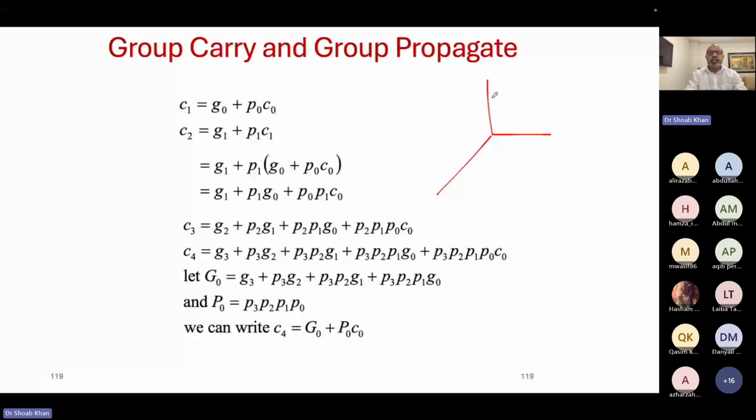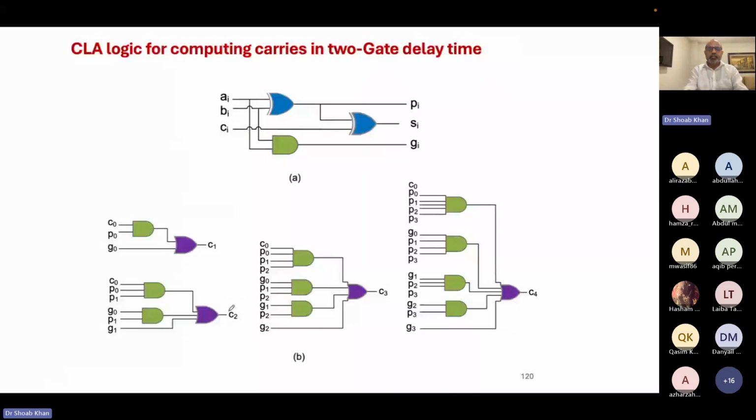So here is like carry 1, but if you have carry 1 here and you input this carry 1 here, you can directly generate carry 2. If you put carry 2 and put it in carry 3, so you generate carry 3 as well and carry 4 as well, and then you can have a group carry, group propagate. So they come up with this, that all the carries can be generated upfront. Obviously you're putting more area, but in 2 gate level delays,